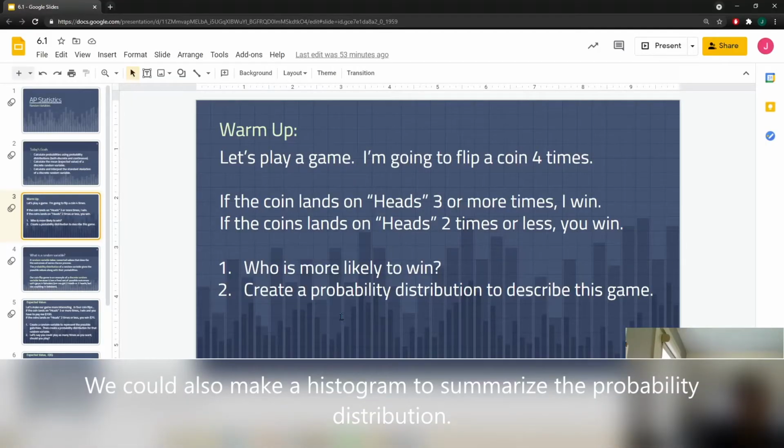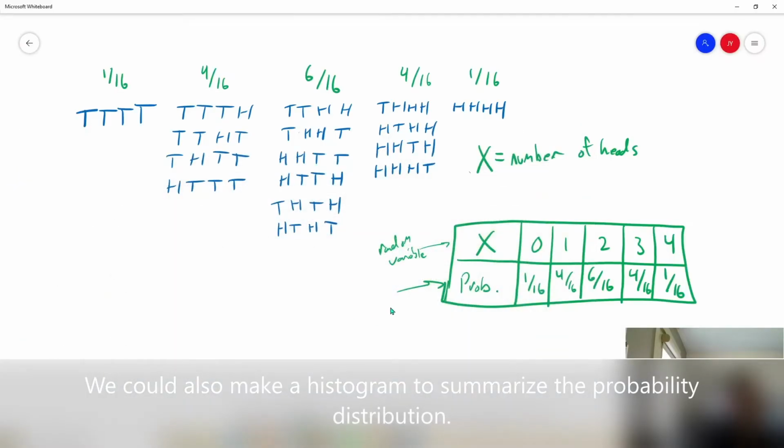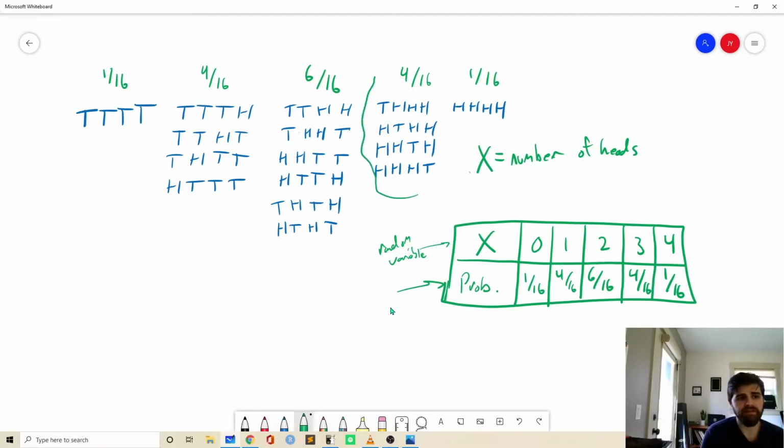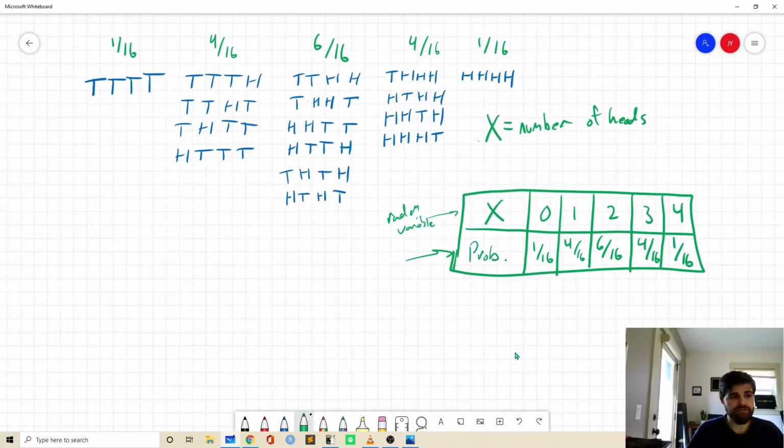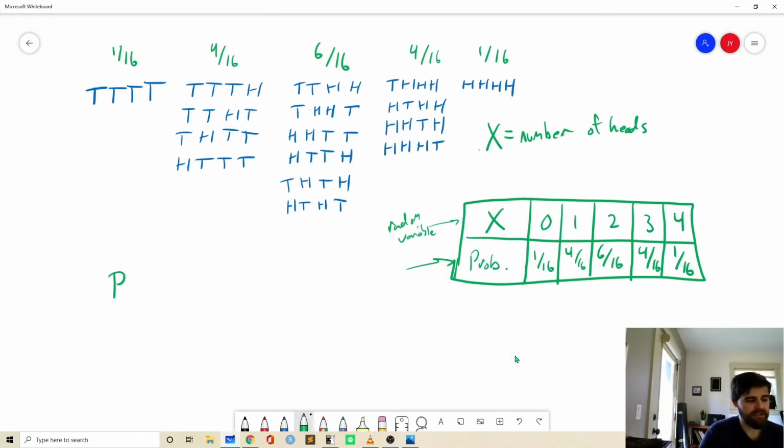So back to our game, who's more likely to win? Well, if we look at this, I said that 3 or more heads, and I win. So that's a 5 out of 16 chance. If we wanted to apply some of our fancy probability notation to this, we could say, what's the probability that I win? So Mr. Jaeger wins. Well, that's the probability that x is greater than or equal to 3. I said that I win if I get 3 or 4 heads. So that's going to be 4 out of 16